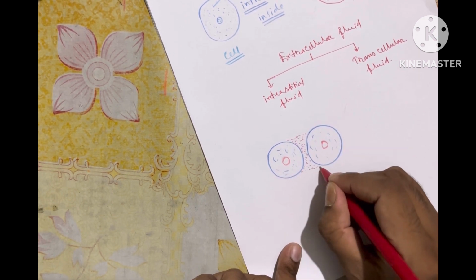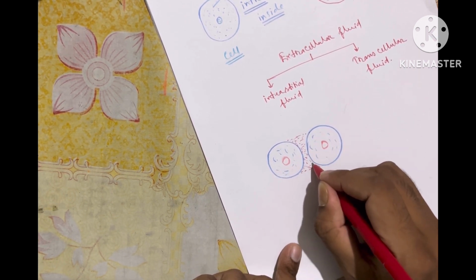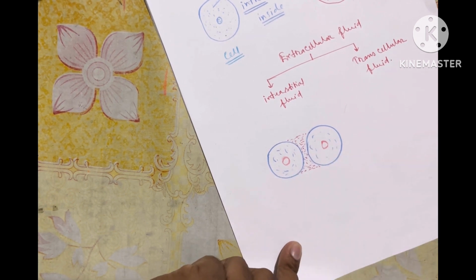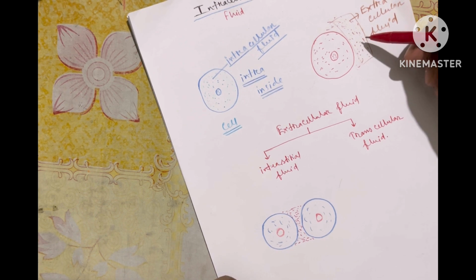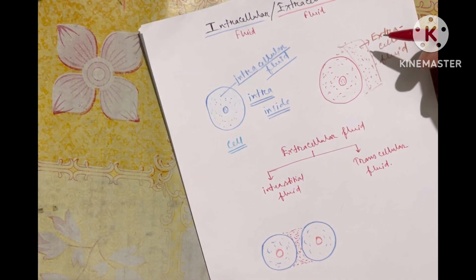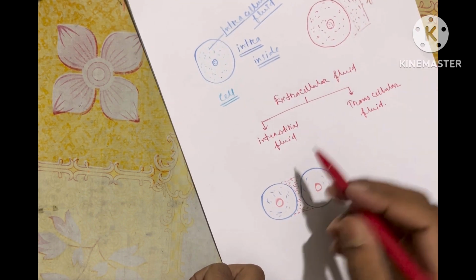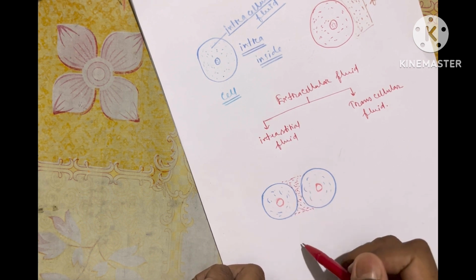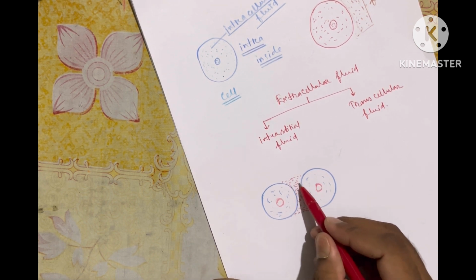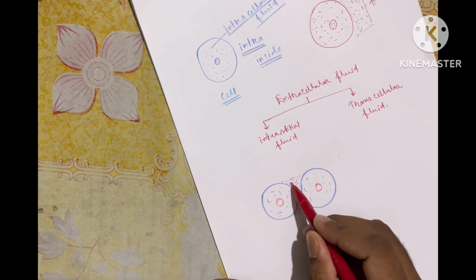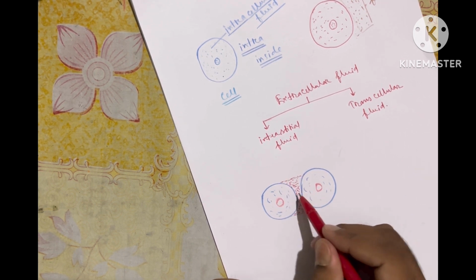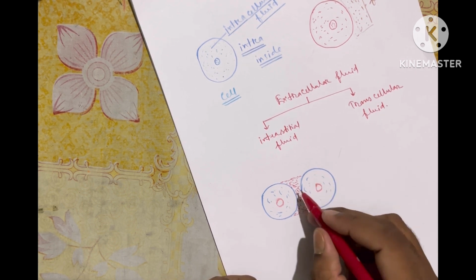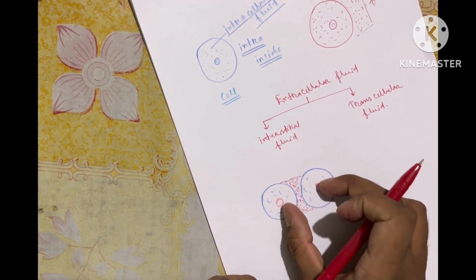If fluid is present in between cells, it is a type of extracellular fluid. It is present outside the cell, but the specificity is that this fluid is present in between two cells. These red dots, this is the fluid. So as this part is present in between two cells, the fluid which is present in between two cells,